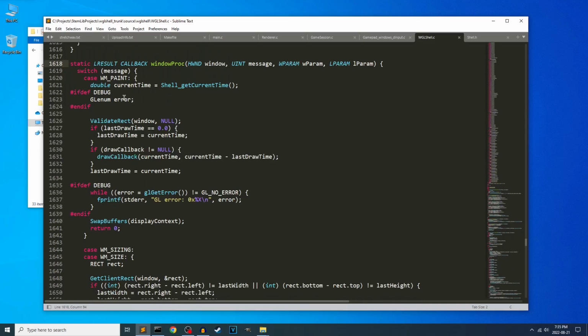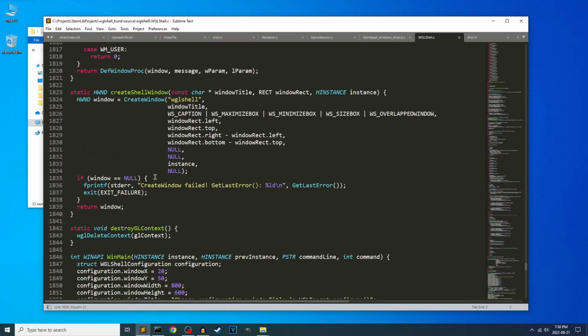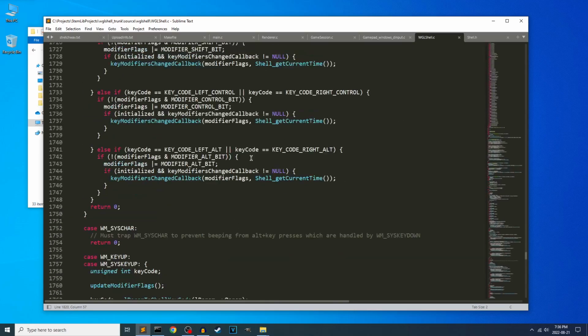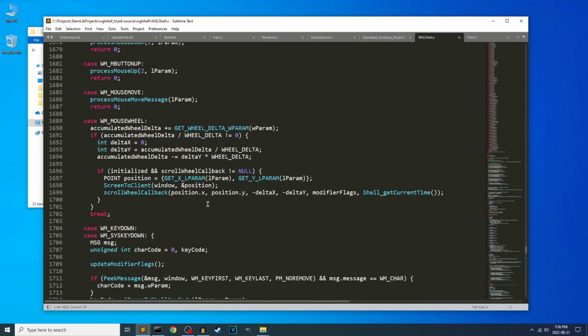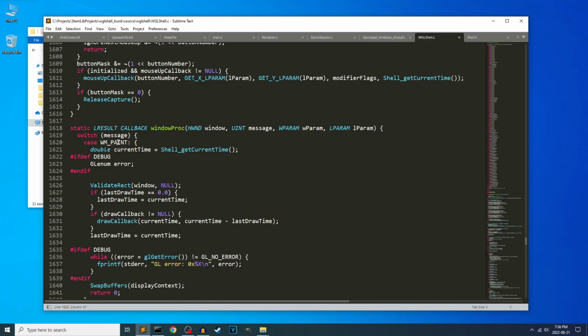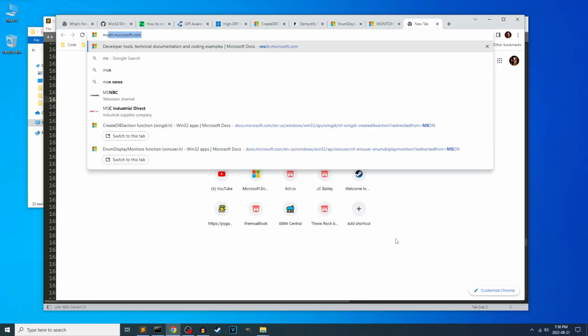So my job in here is to check which message it is, using a switch statement or something, and respond to the ones that I care about, and the ones that I don't care about get passed back to Windows for whatever default handling it wants to do with it. There are some complicated nuances with that I'll probably get to here. So WM Paint is the message that happens when, by the way, if you wanted to know about